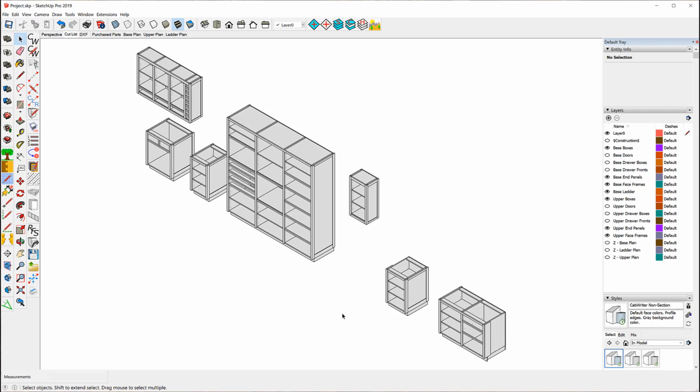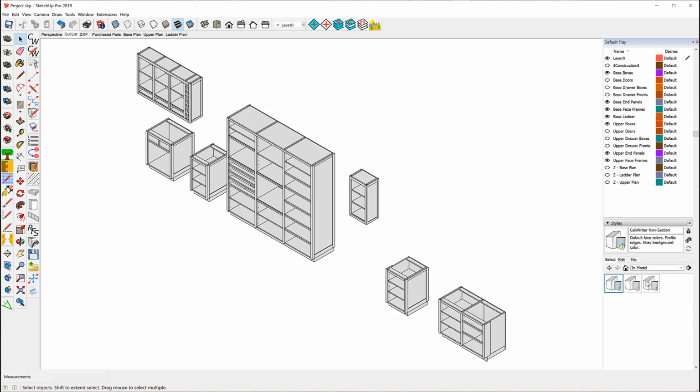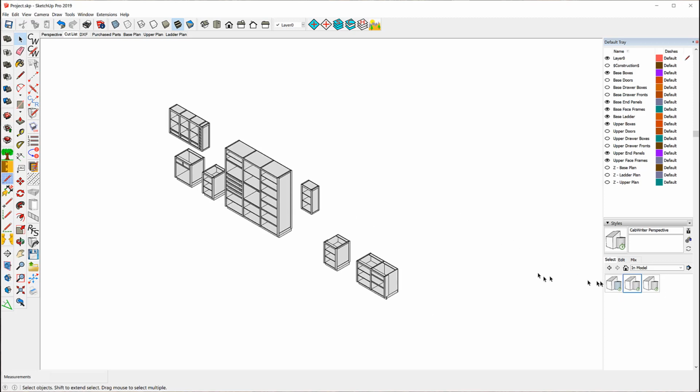It depends on these three scenes. And by the way, I suggest if you make your own scenes, if you make a perspective scene, that you use the CabWriter perspective style. And if you make a non-section scene, use the non-section style. And if you use sectioning, use the section style. Okay,